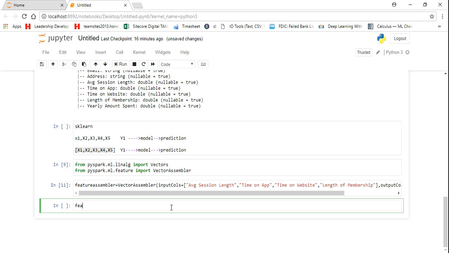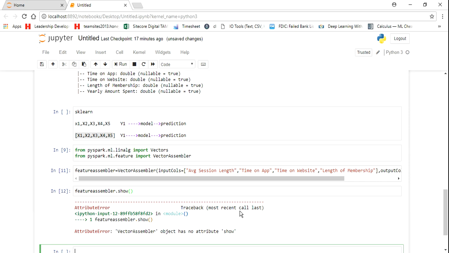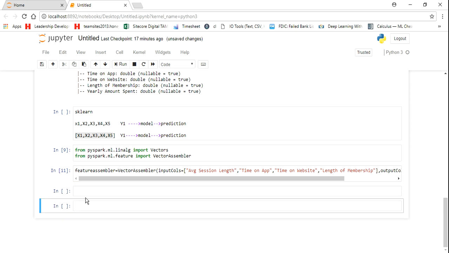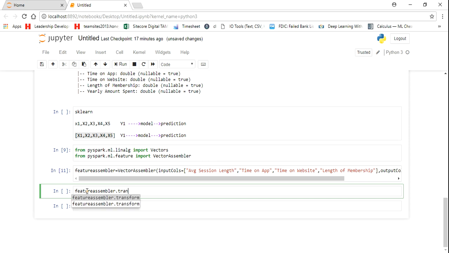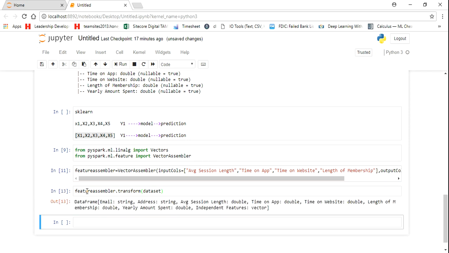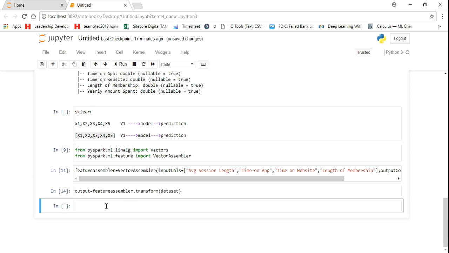Now if I write feature assembler dot show, if I see all my data, you can see that vector assembler has no item. Oh, sorry, that's my mistake. So what I'm going to do first of all is transform my data set completely. So I'll write it over here as data set. Let me just transform it, and finally I get the transform value, and let me assign it to a variable. Suppose I write something like output. Execute this. Now if I show you output dot show,